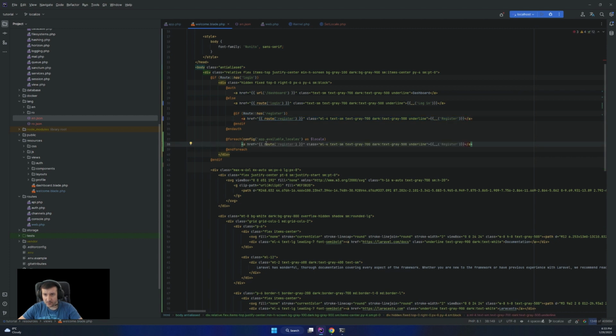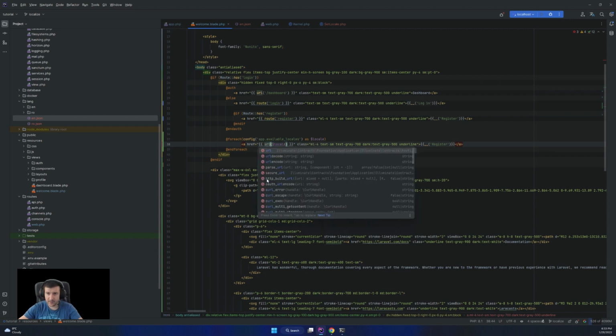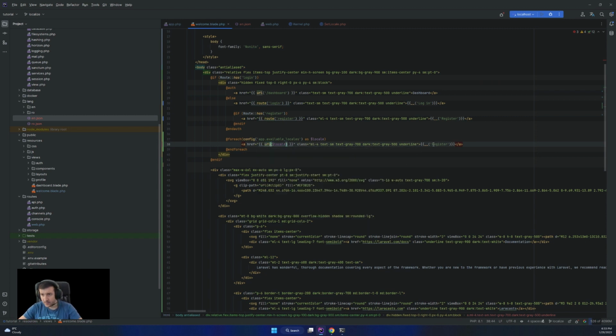So it will be href equals route locale, route URL locale, and in here will be the key. So let's go key locale, or maybe language, then locale. Yeah, let's go like this. So in here will be the language, and in here URL locale.